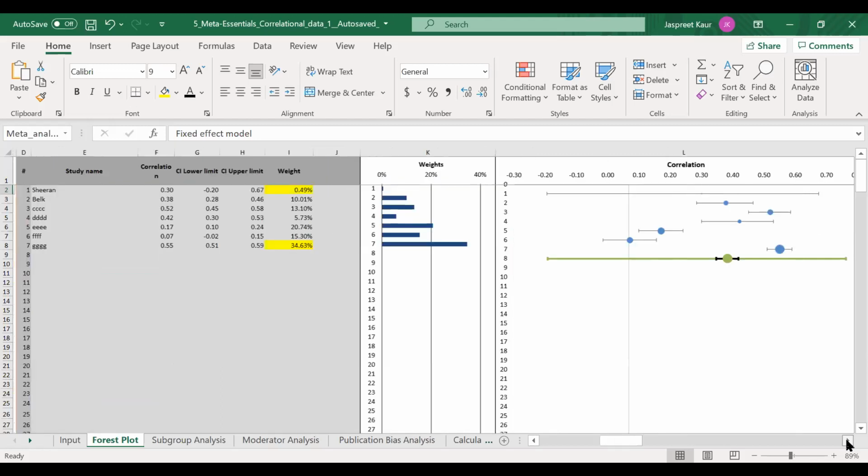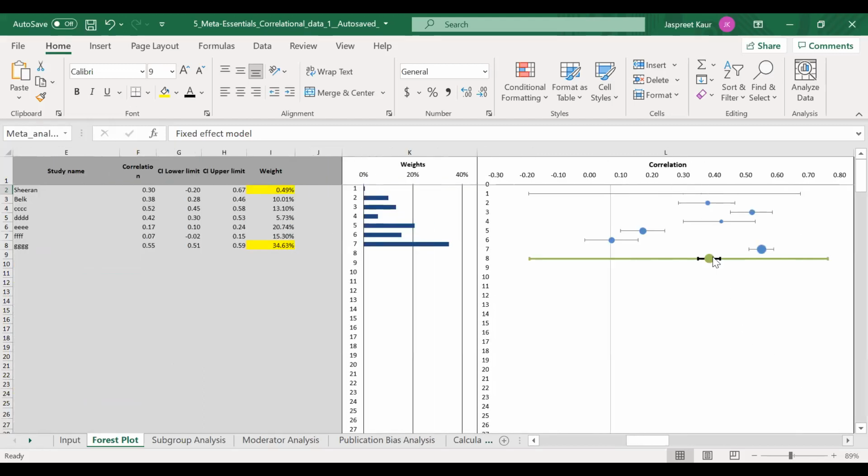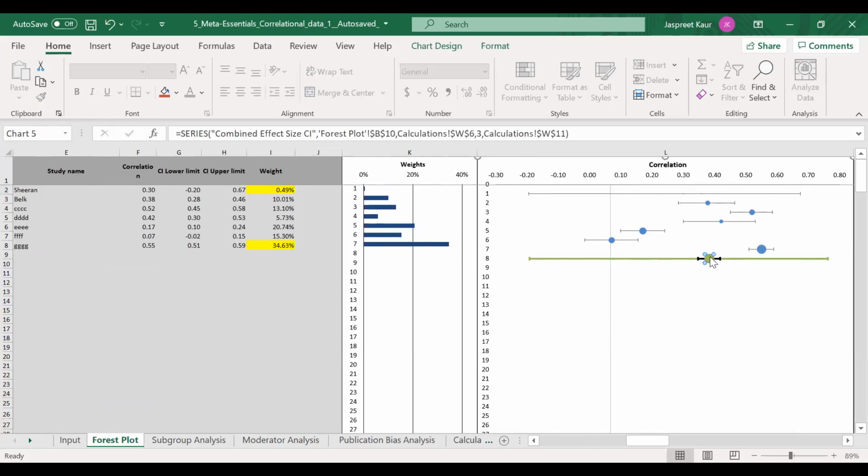A little towards the right, you can see the forest plot. The huge green ball that you see over here is the consolidated effect size. If you take the cursor towards it, it will say 0.38 combined effect size. Although this is the summarized combined effect size of 7 studies, it is not just the combined effect size, it is the average weighted combined effect size. Okay, I hope this is clear, and yeah, so this has been explained.